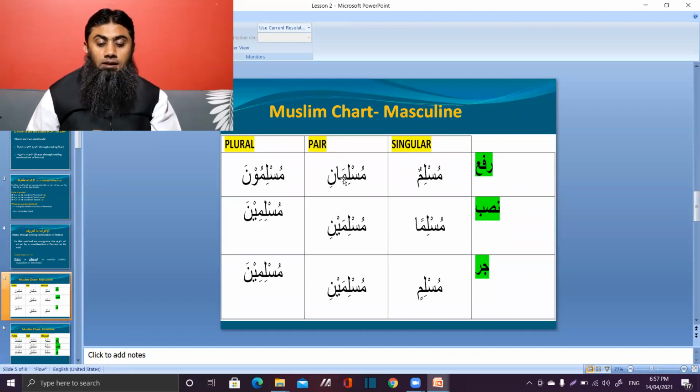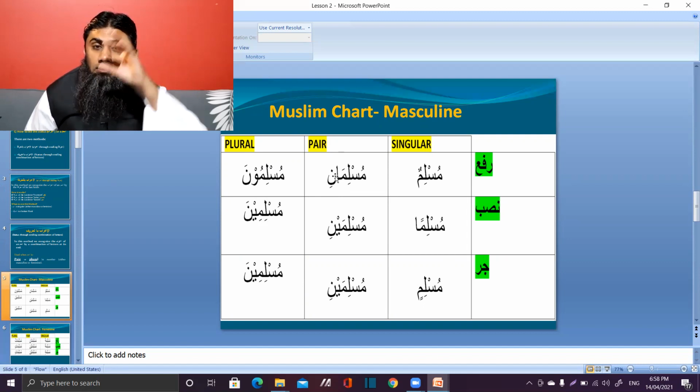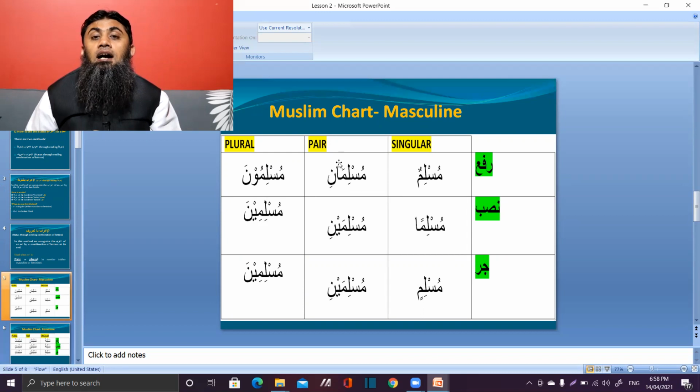Let's look at the implication of the huruf method. Same chart again, okay? Obviously, this part is already covered. Now we're going to look at the pair and plural column. So remember, we said we look at the letters at the end. What is this one? Muslimani. Now, pay attention to the ending sound. Muslimani, ani. You see at the end, we have these letters which produce a sound ani. And whenever you pronounce any word in Arabic and it gives the sound ani, you will know that this ism is pair and its status is rafa.